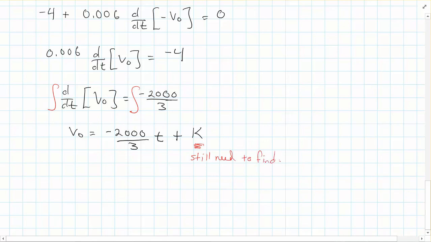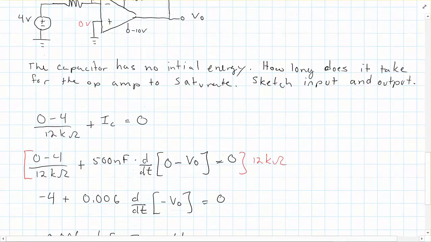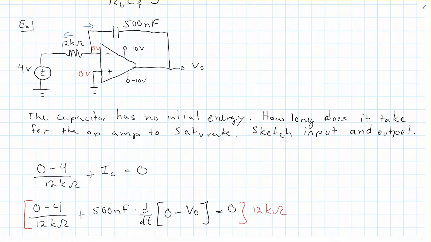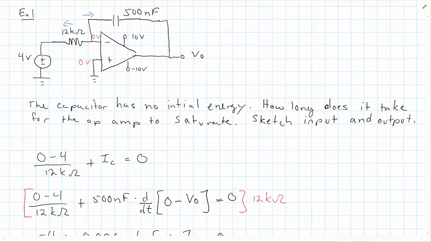We still need to figure out K. Well, that's where I'm going to scroll back up here. What did it tell me here? The capacitor has no initial energy. So what does that tell us again? This tells me that V at 0,